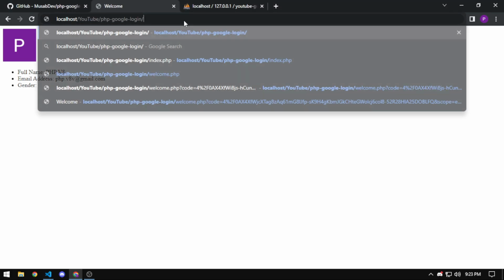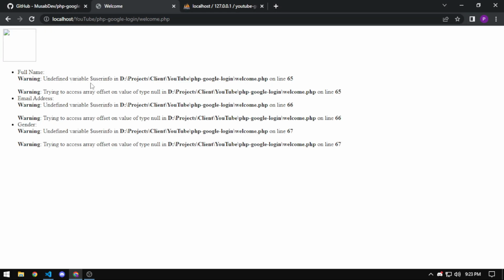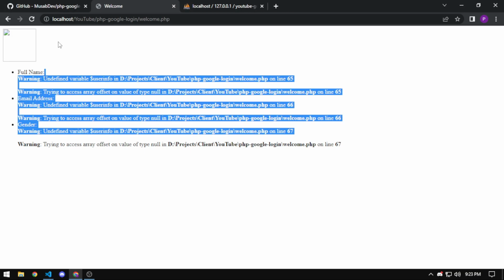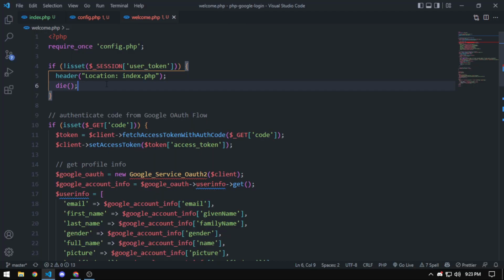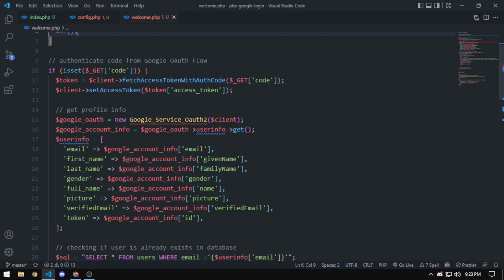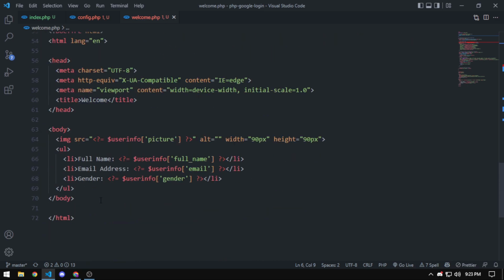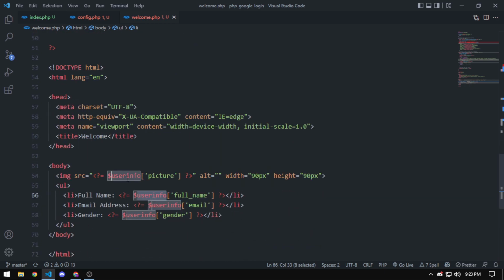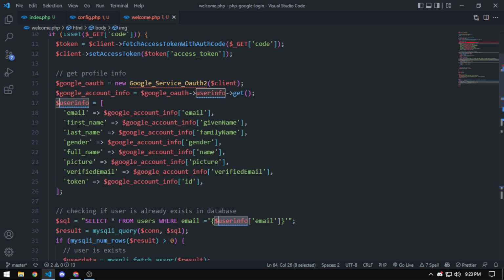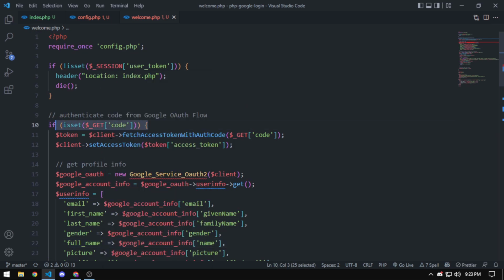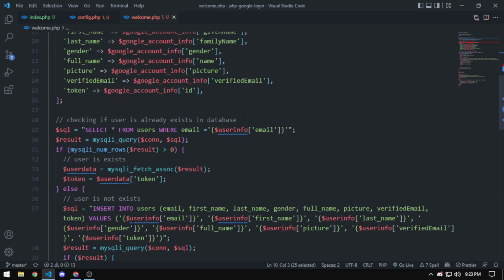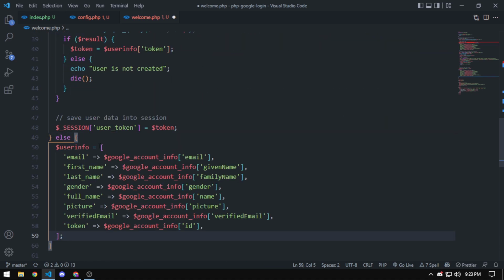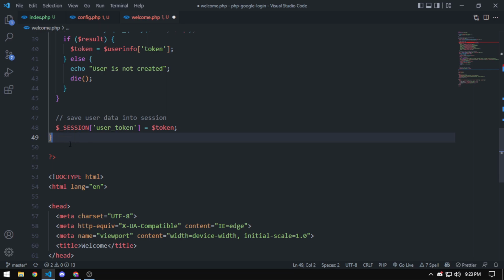So if I go here and open up, okay, here's some errors because we have to set die right here. Refresh. Oh okay, I see. So this user info variable, I mean this user info does not exist here, right? If the code is not set in the URL. So to get this information again, we can say else right here,